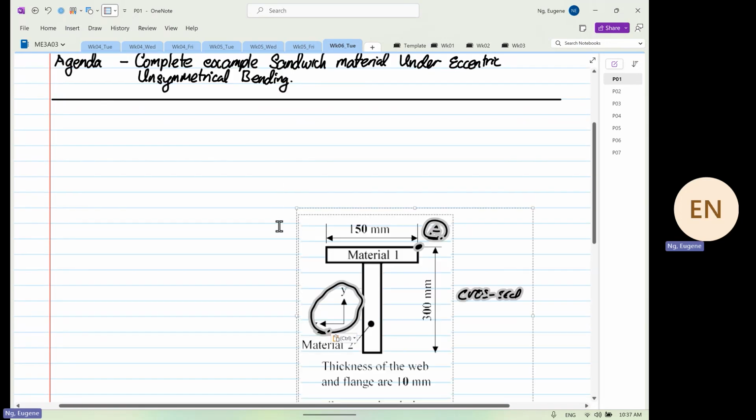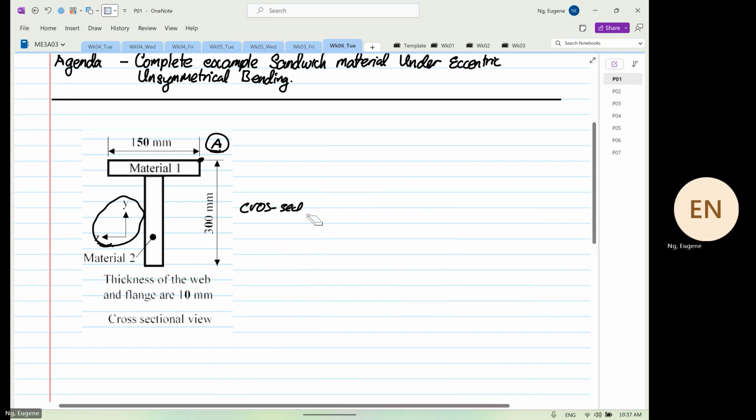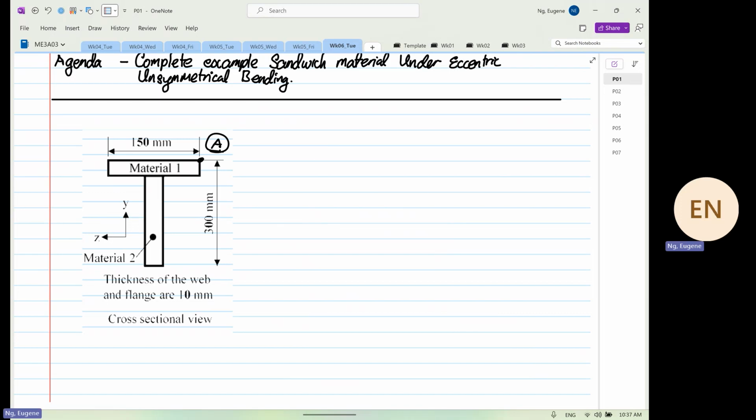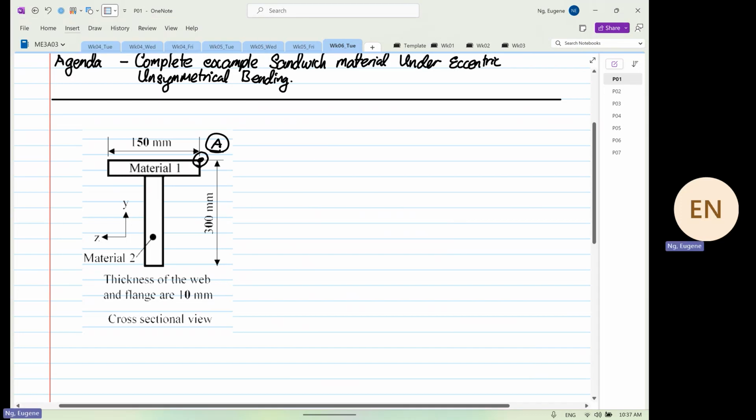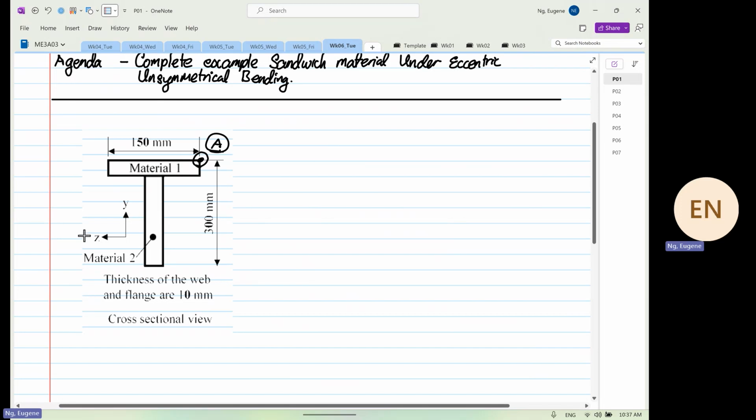So doing our analysis, we know there's a moment, there's a force. This is the force, and the force is coming towards us. If I were to sketch the position of the centroid,